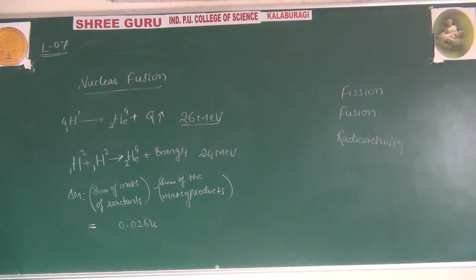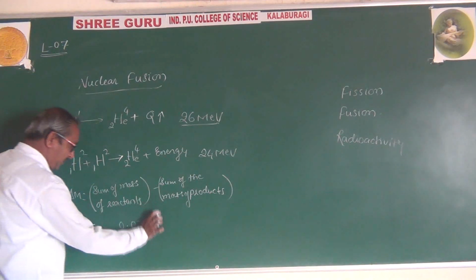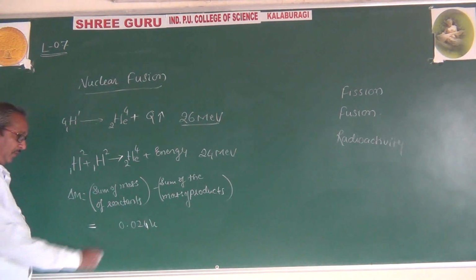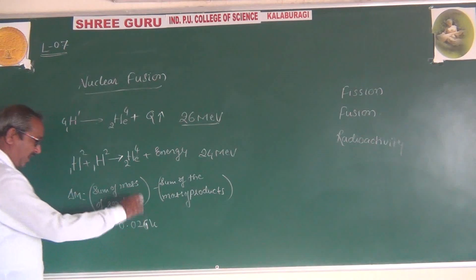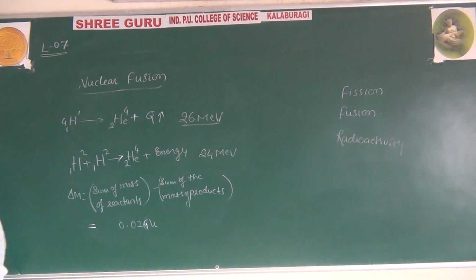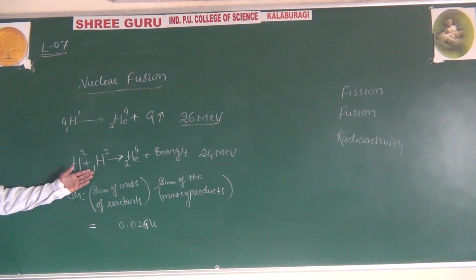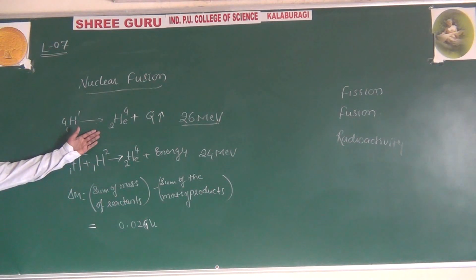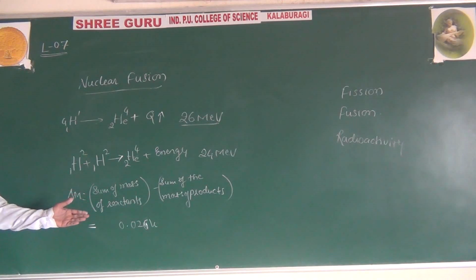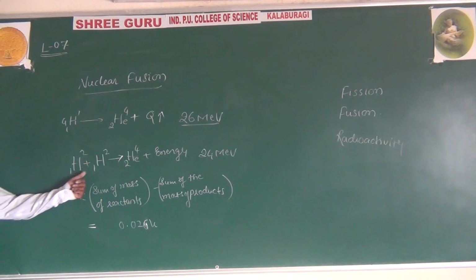About nearly 0.026 or 0.024 energy, mass defect will be about 0.026 atomic mass. That much energy, that much mass defect comes approximately. It can be slightly plus or minus, a little different, a little difference. In this case it is about 0.026, and that can be calculated as the sum of the mass of these deuteriums,